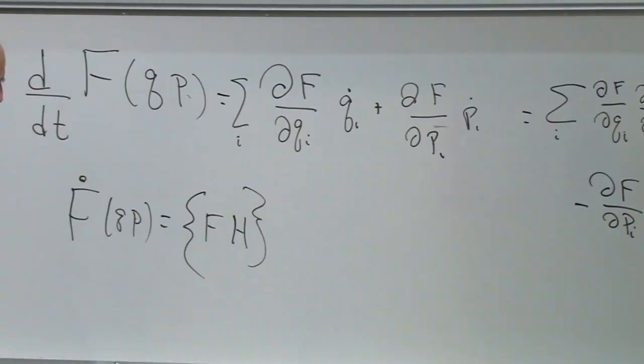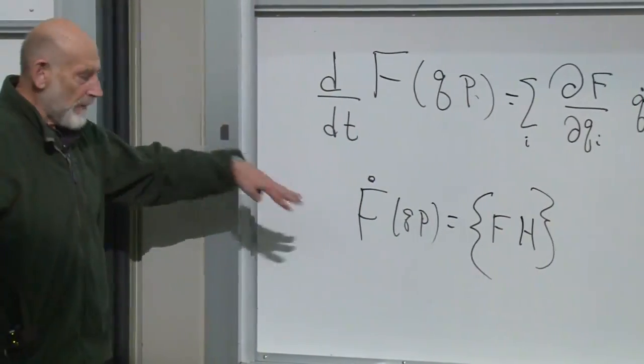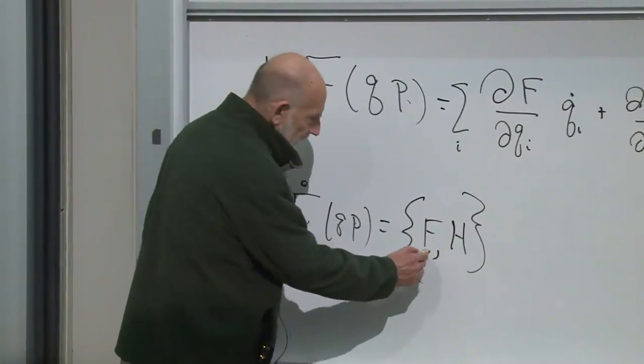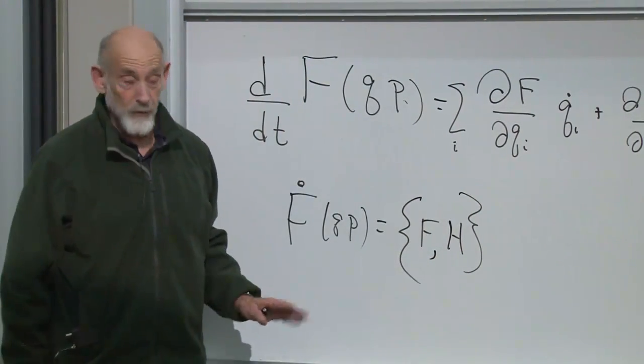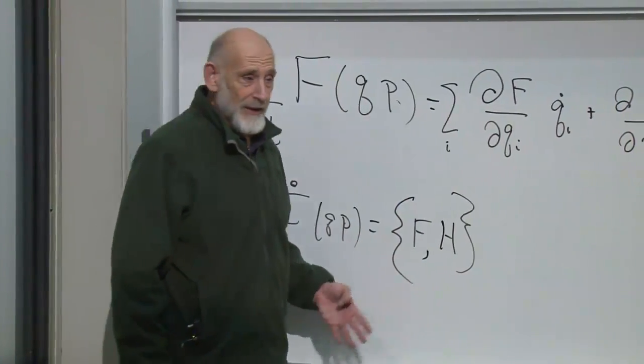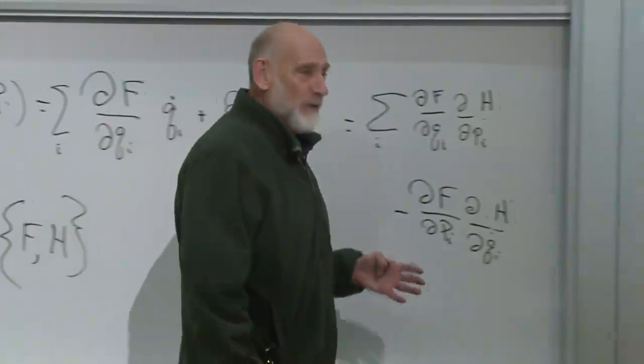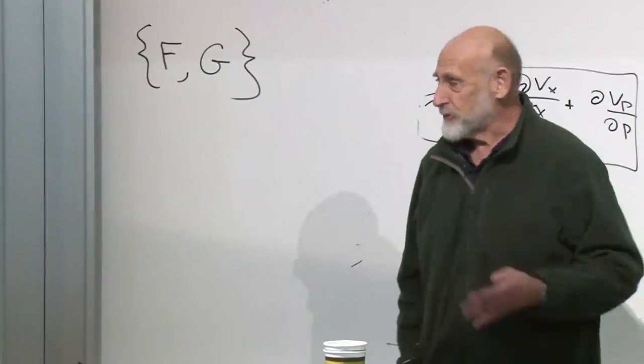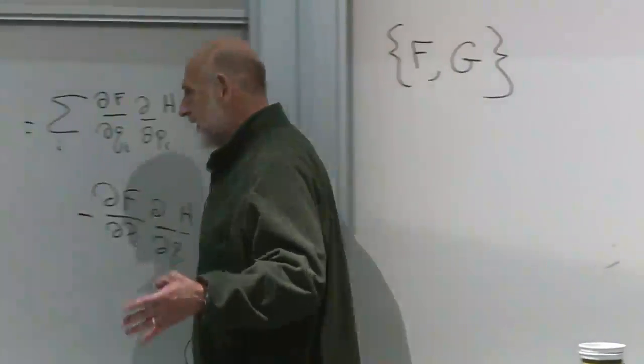That's all there is to the world. Every time derivative of anything that you can think of is just a Poisson bracket of that thing with a Hamiltonian. Of course, you have to know what the Hamiltonian is. This is the most condensed version of classical mechanics I know. I mean, it is really condensed. This is everything that you could,